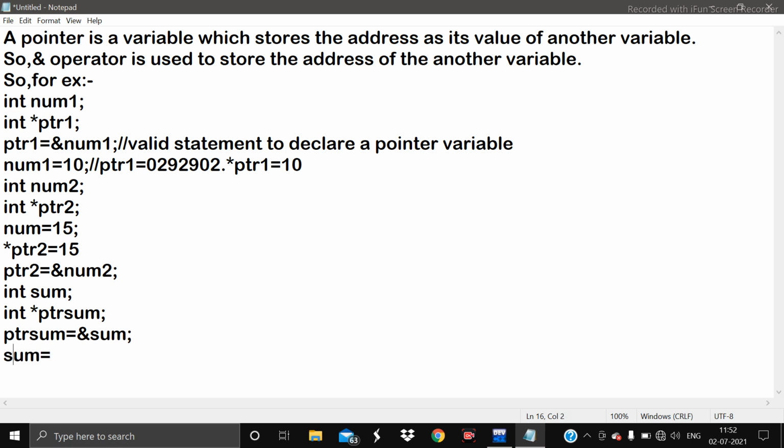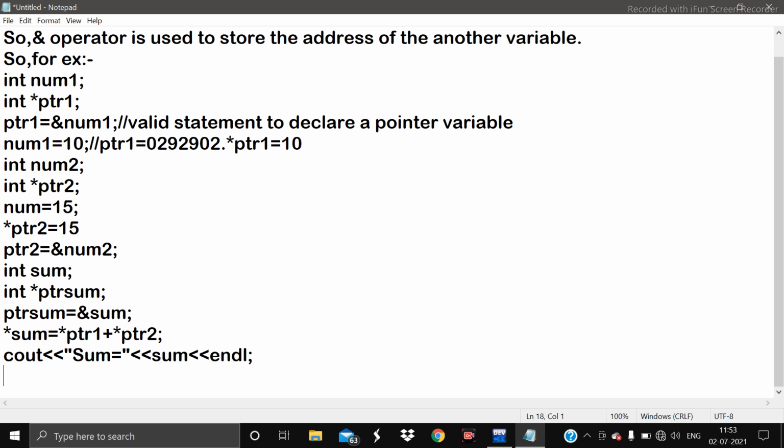Sum is equal to *ptr1 plus *ptr2, and then at last print. We can print it here as sum, wait a second, sum is equal to sum and end line, and at last return 0.